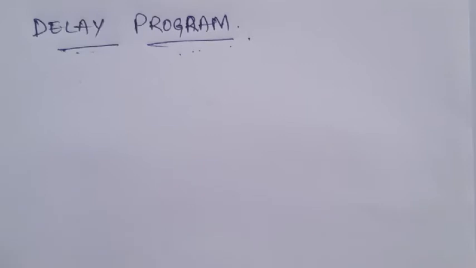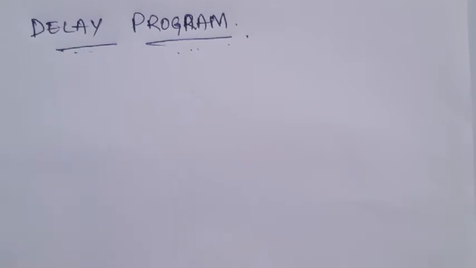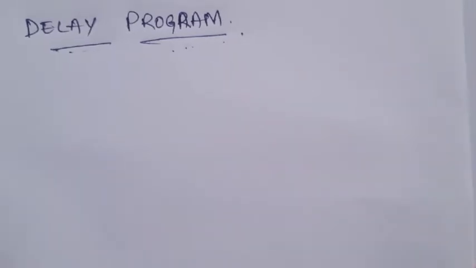So this time delay can be provided using hardware or software. Using hardware, you can interface a timer chip to the processor and you can give a hardware delay. And for small applications you can also generate this delay using software, by writing a delay program. So let's see how we can write a delay program, how to calculate and write a program.